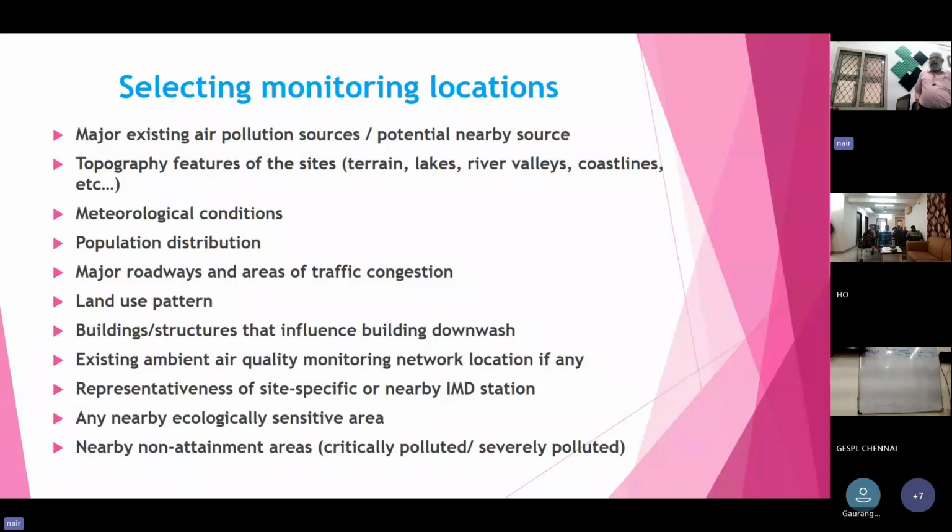Then, selecting monitoring locations. It is very important. In the case of water also, I have told how you have to select the monitoring stations. Just like the ambient air also, you should be careful in selecting monitoring stations. See, when we are preparing the AA, and we are also outsourcing these